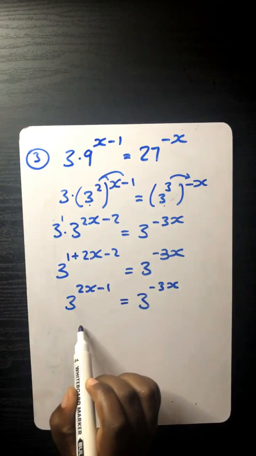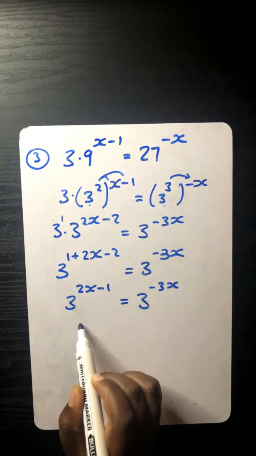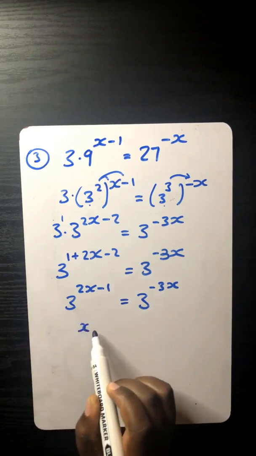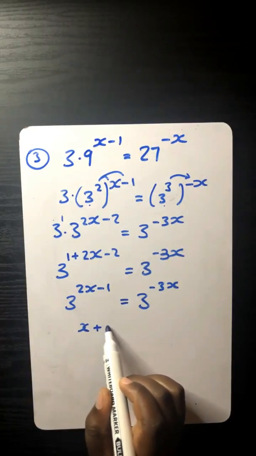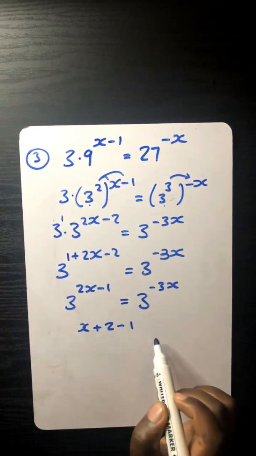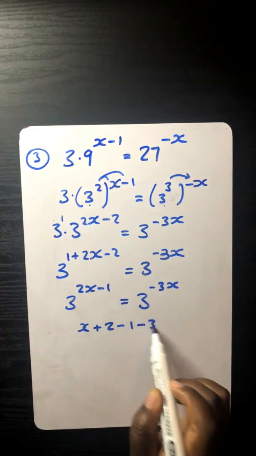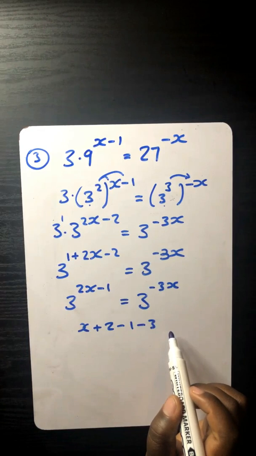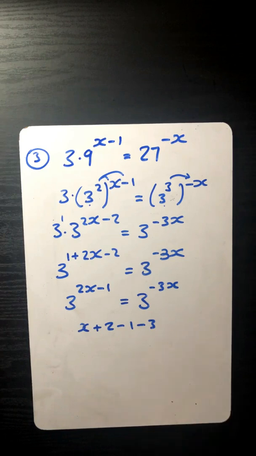Let me write it down. You're saying? So I'm saying that x plus 2 minus 1 minus 3. And so we have to, so we could then after that say x will equal to